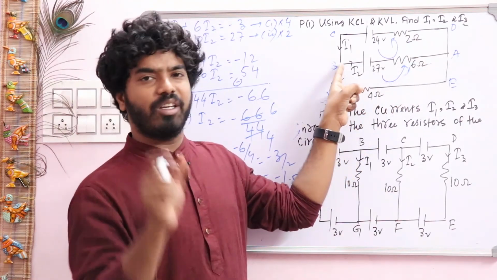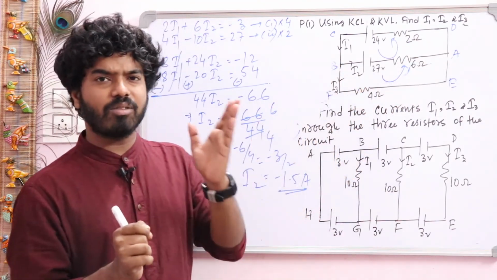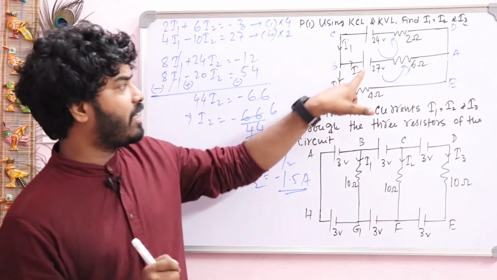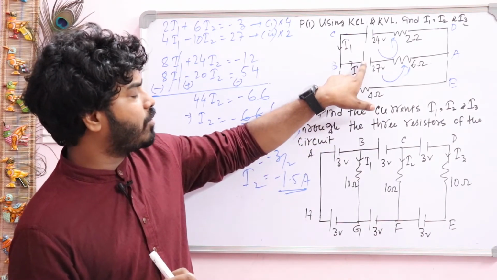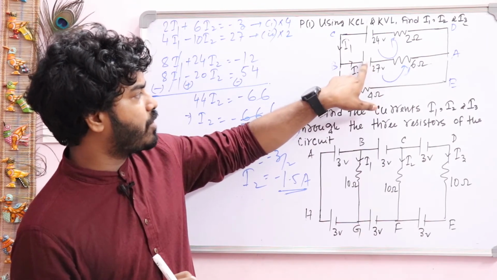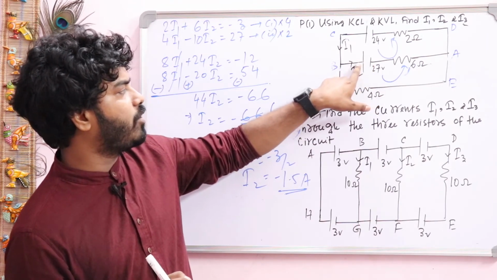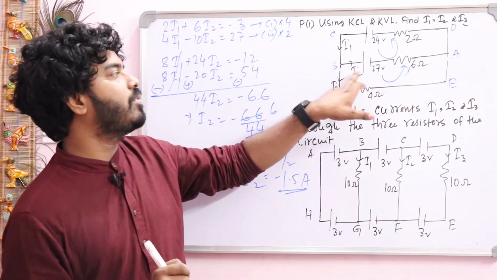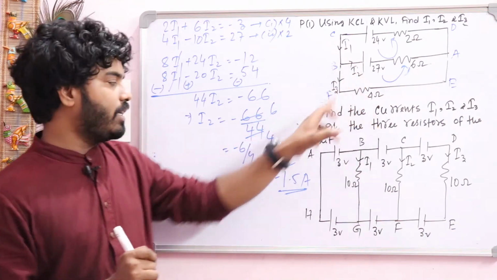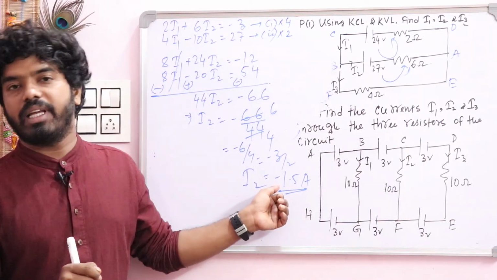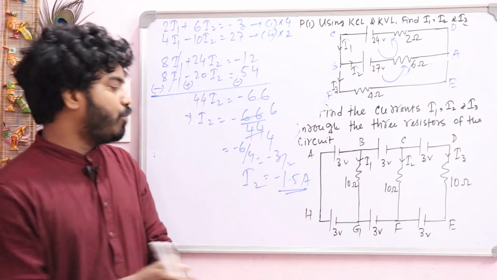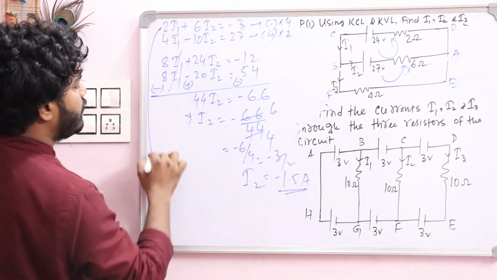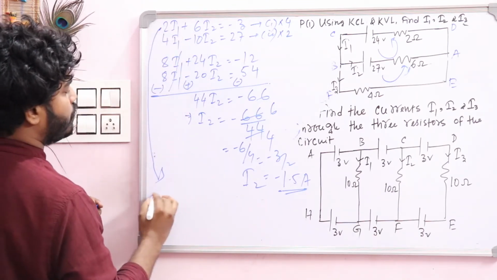And obviously you just think the basic concept, current is always flowing from positive terminal to negative terminal. That means here current will be flowing from this one, positive to negative. That means the direction of current will be in this way, not this way. According to our problem, this value is given in this way. That's why here current I2 is negative. Now putting this value of I2 in the first equation, then you will find out the value of I1.